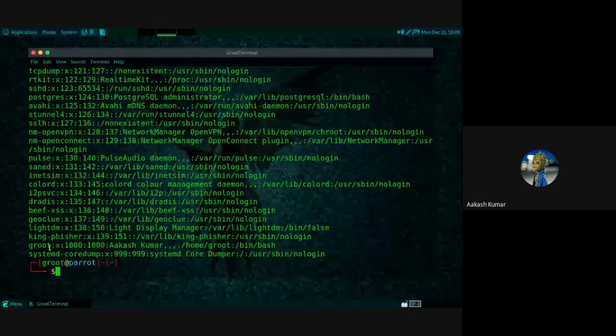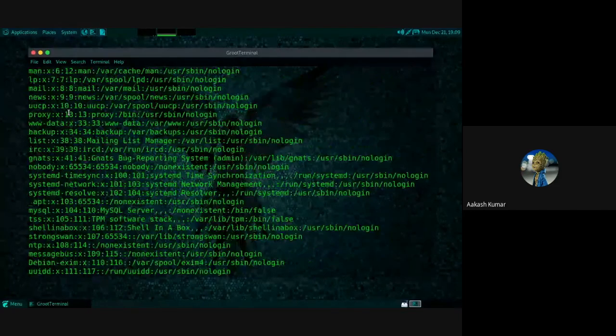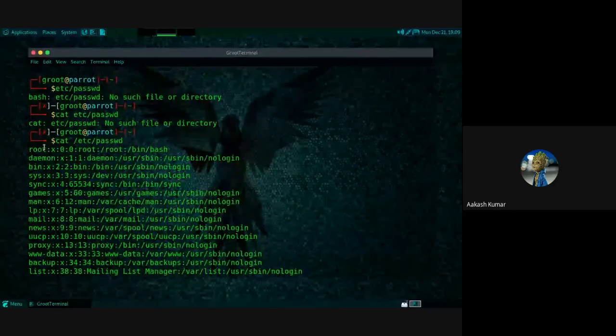Here, this is root, as me, the user, and I can execute these shells. And then there are others also, like SSH, or what they can access, daemons, and then there is root. Okay.